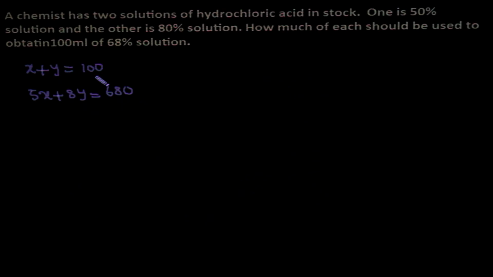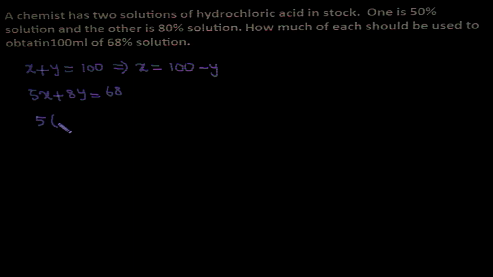In the previous video, I already explained how to write the equation. Now I am explaining how to solve this problem. There are two equations in simplified form. This can be written as x is equal to 100 minus y. Substitute 100 minus y in the place of x in the second equation.